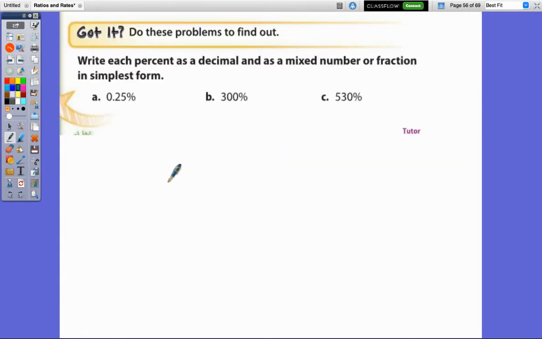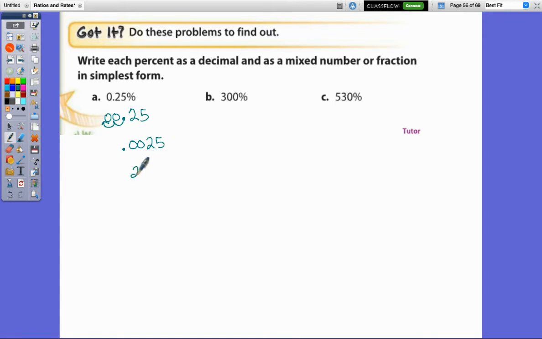Okay, we're going to write each decimal as a decimal and a mixed number or a fraction in the simplest form. So first thing we're going to do here is move that decimal to the left, to the left. Everybody moves your decimals to the left 2 places, and we get